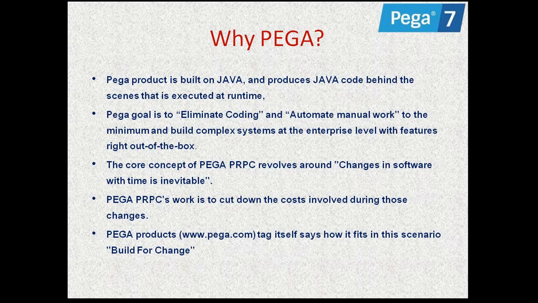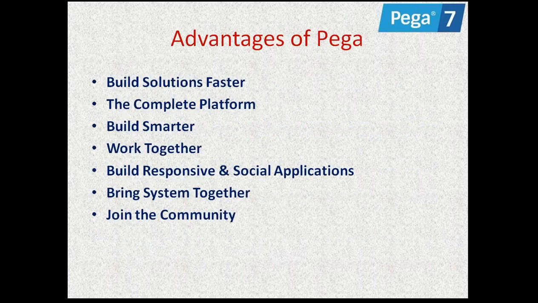Normally a Pega application will reduce the time. Development time is very less. Any application that takes 2 years to develop in Java, we can develop in Pega in 8 to 10 months or 1 year. Maximum time is 1 year. So automatically it will benefit all the clients and the organization. So these are some of the advantages.